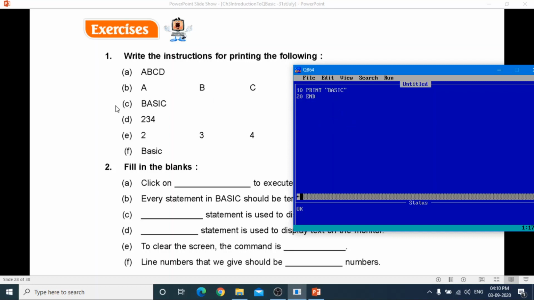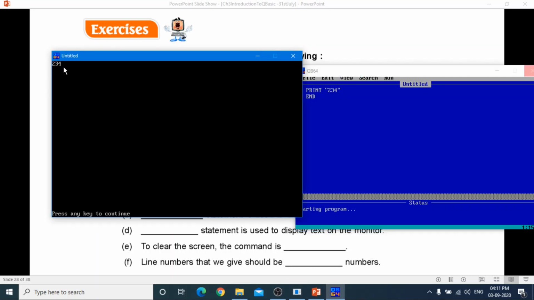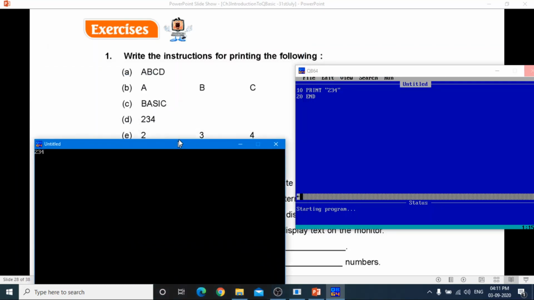Okay, in the same way next D1 में we need 2, 3, 4. So for that simply write 2, 3, 4 in between double quotes. You will get the answer, desired output. Got it? What is the output? 2, 3, 4. Okay, एक बार फिर से चेक कर लो.